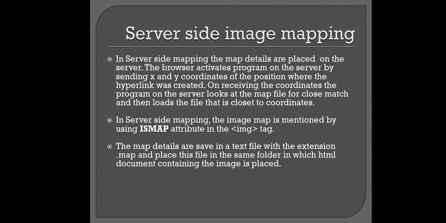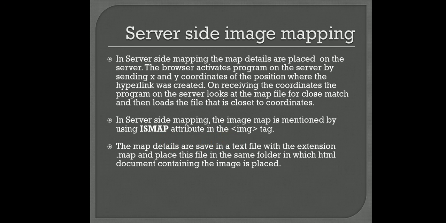Next, server side image mapping. We are done with the client side. Now we are going with the server side image mapping. What does server side mean? Here again, the client will be sending the file to the server, and the server will make the file available to others. So the main thing we use in the image tag is the attribute ismap, which indicates that this map is working on the server side.